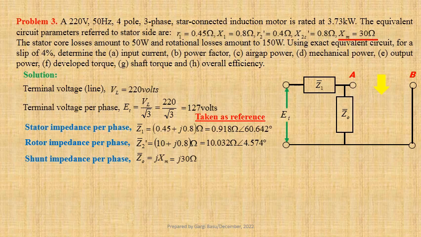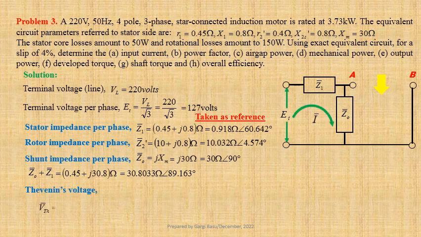This may be written in polar form as 30 ohm at an angle 90 degree. Let us now calculate Z0 plus Z1. Using values we get 0.45 plus J times 30.8 ohm. This may be written in polar form as 30.8033 ohm at an angle 89.163 degree. Expression for Thevenin's voltage VThevenin equals Z0 into I, that is equal to Z0 into ET divided